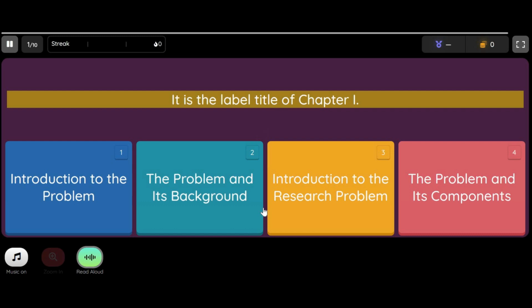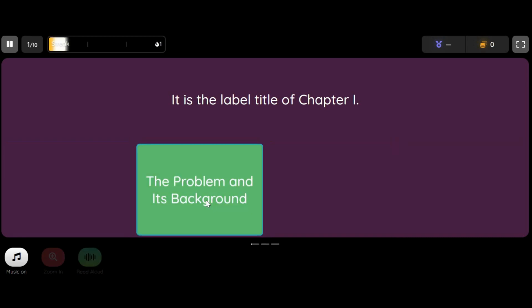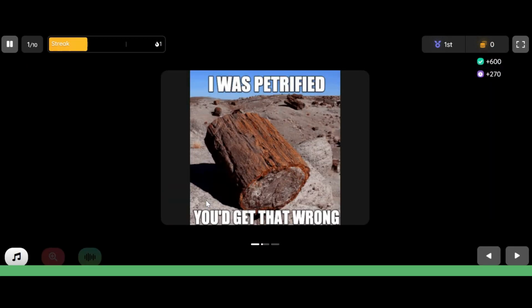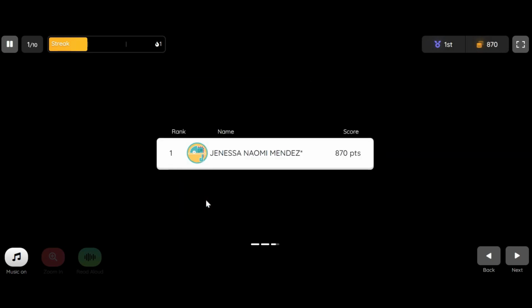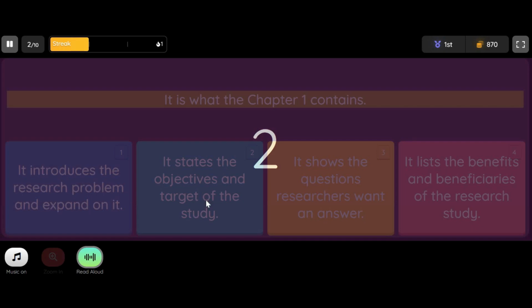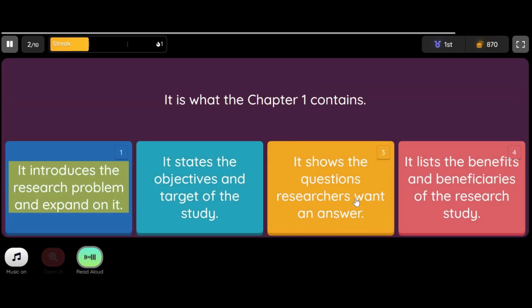Question: it is the label title of Chapter I. Option 1, introduction to the problem. Option 2, the problem and its back. Question: it is what the Chapter 1 contains. Option 1, it introduces the research problem and